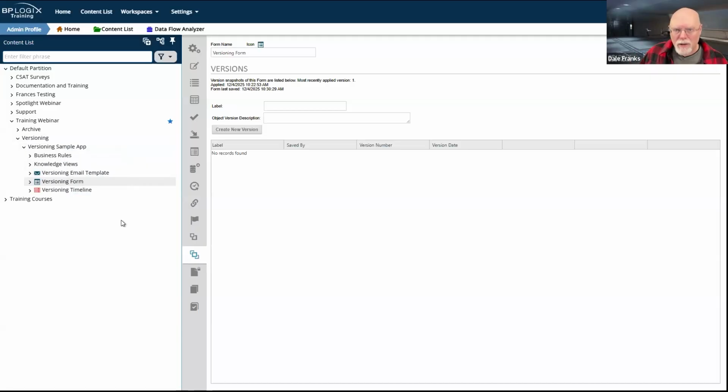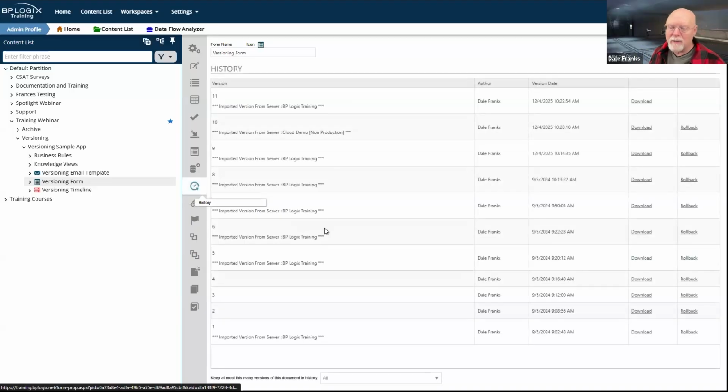But on a development server, you can make the argument that I might want to version at the object level, so in this case, my form, and I might want to make different versions of the form. And in fact, I might have multiple versions of that form that I create before I create the overall application version. I don't think there's anything wrong with that. I think that in the case of a form, it may be excessive because you do have the form history here.